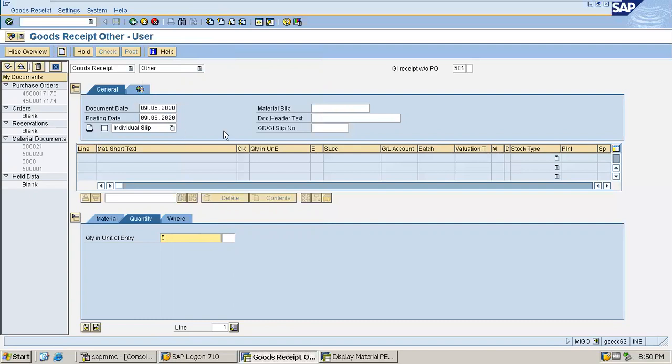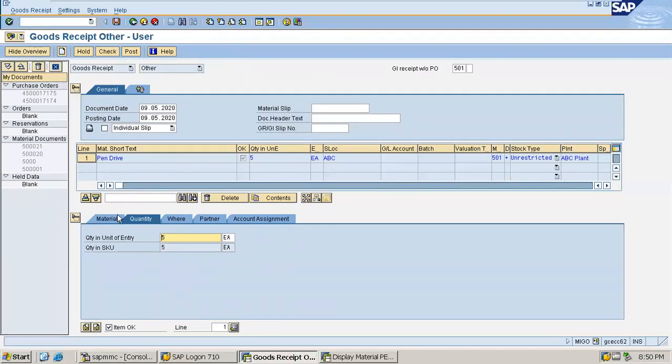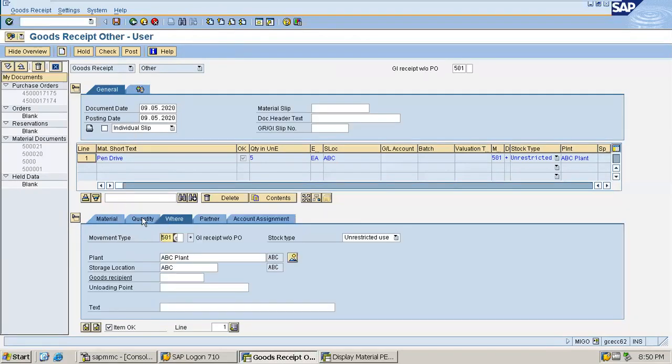So entering, it will take a bit of time to furnish all the data. Yes, in vendor, no, it is not vendor. Okay, that is okay.